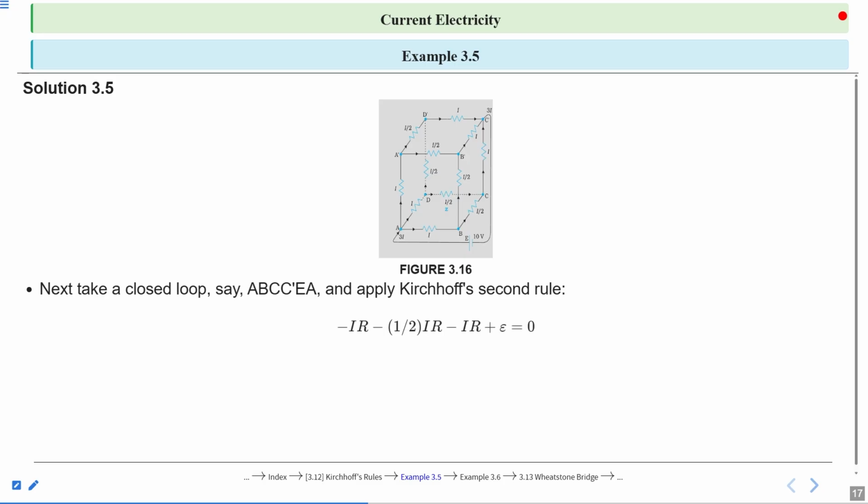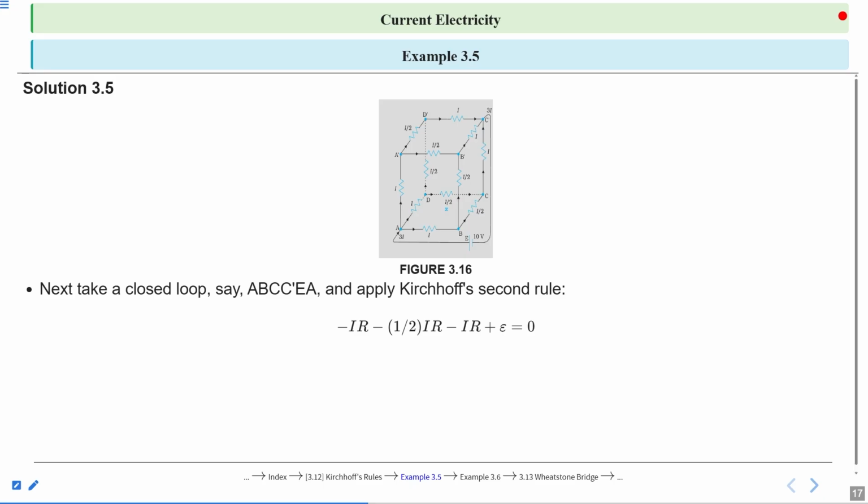So in that closed path, we are moving from point A in the direction of B, in the same path that is mentioned in the loop A, B, C, C dash, E, A. We are moving according to the same direction. So from point A we are moving towards B, in the direction of current I. So the potential drop across the first resistor, between A and B, would be negative, that is minus